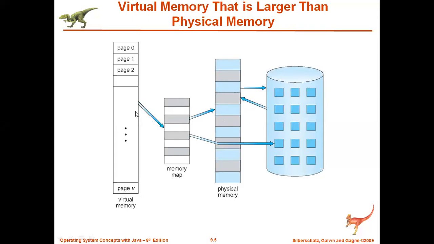So the main reason for going for this is that we are going to bluff the CPU. That is, we are going to tell a lie to the CPU that all the data is there in the physical memory, because the CPU knows only how to access the main memory. The CPU doesn't know how to access the secondary memory. It can access only the main memory. So we should tell the CPU that all the data is there in the main memory itself.